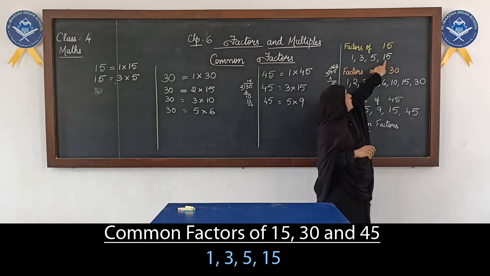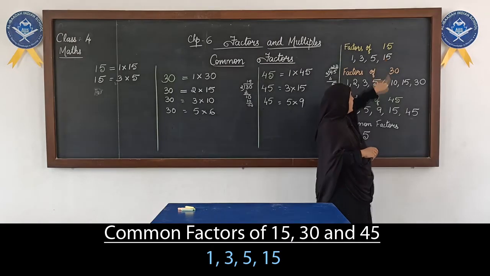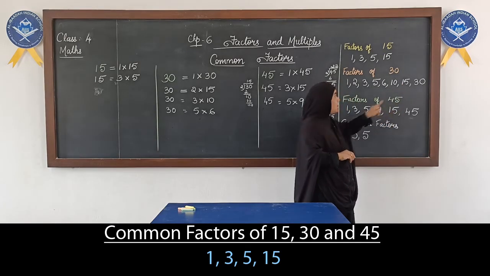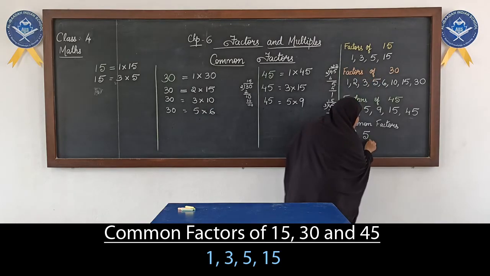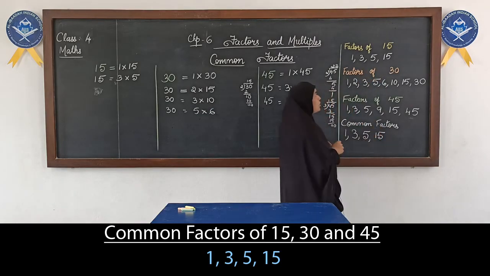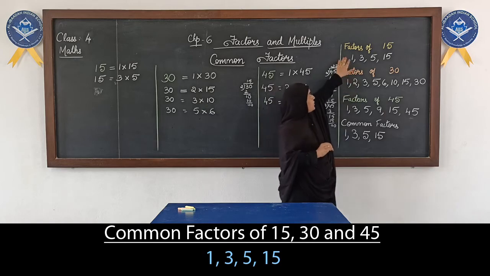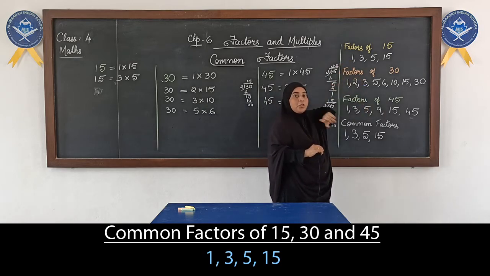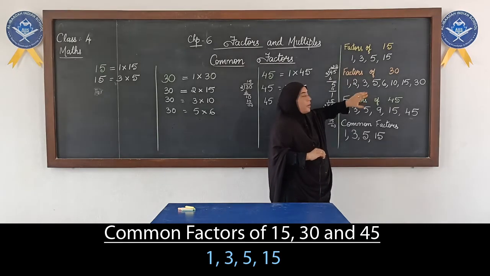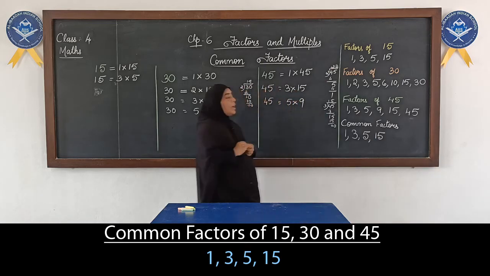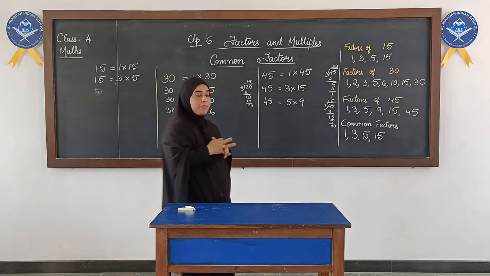And then the next number that I have here is 15. 15 you find again in all the three lists. 15's list also we have 15 as a factor. In 30's list also we have 15 as a factor, and in 45's list also we have 15 as a factor. So 15 is also a common factor. So when we find the common factor, since we have three numbers over here, the factor should exist in all the three lists. If you have it in two lists only, you cannot consider that as a common factor. Okay. I hope you have understood how we find the factors and the common factors.